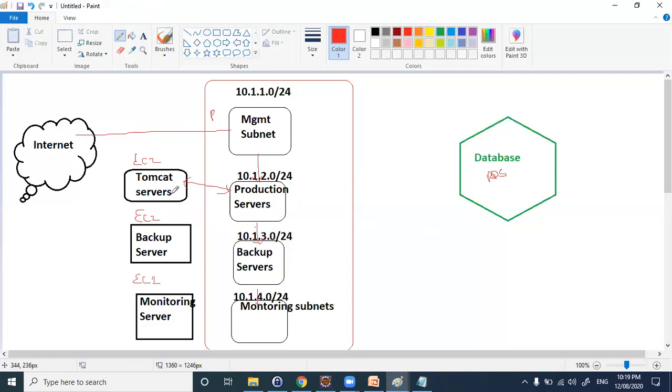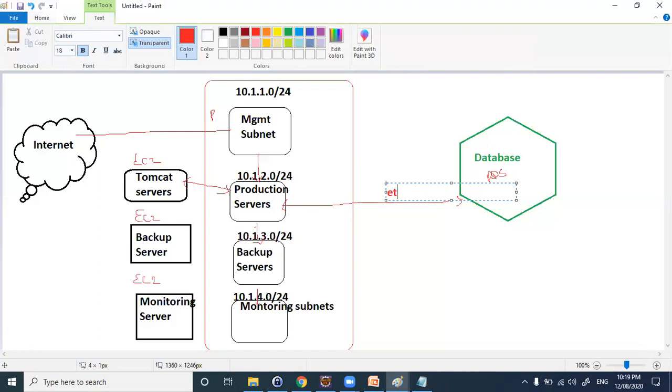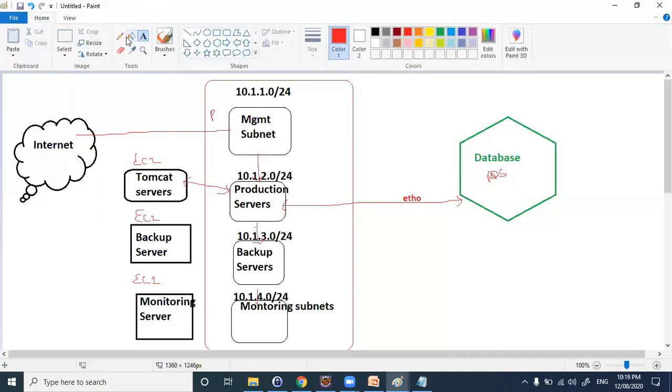You need to connect your production servers to the database to update your application data, right? For that, let us assume you will use the Ethernet 0 network interface. Now let us say for some reason the production server goes down. Then automatically your backup servers, through network load balancers, get the traffic coming from the internet. The EC2 servers will be activated, and the customers will be served from here. So the backup servers will go and communicate with the database again.